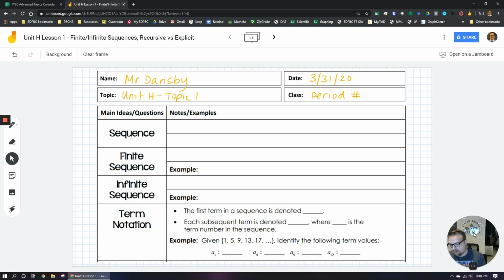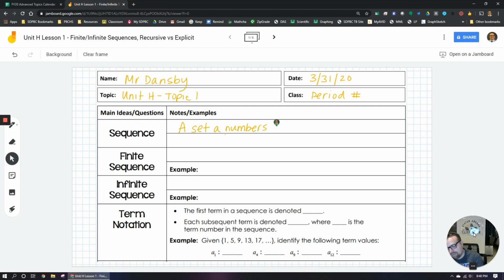So first thing we're going to talk about is what is a sequence. A sequence is when you have a set of numbers. Ooh, it's not writing for some reason. Hold on. There we go. So a sequence is when you have a set of numbers